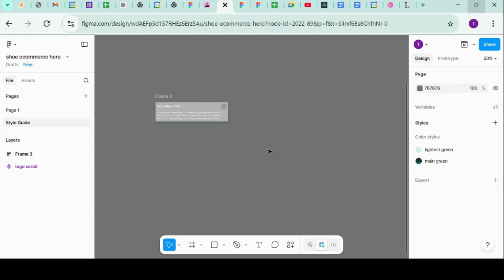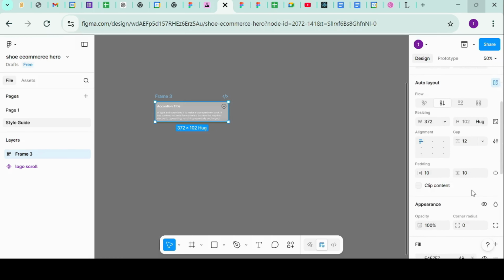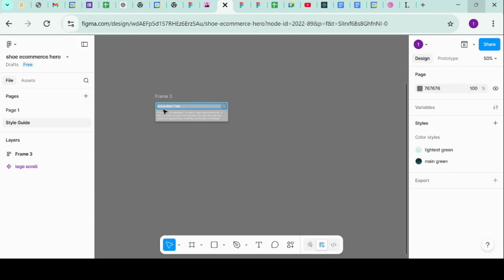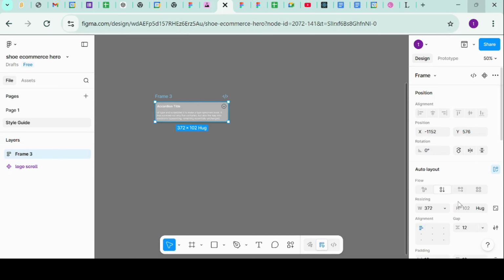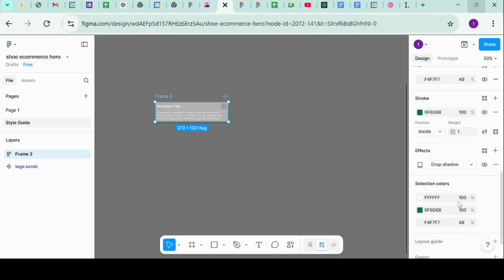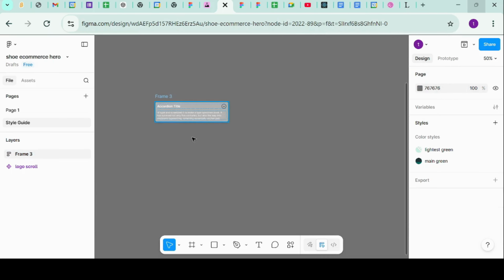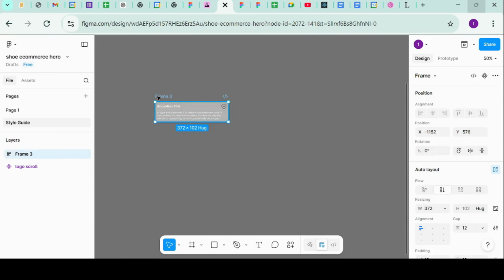Okay, looks a bit better. But then let me just add corner radius of, let's say, 7. Okay, yep, so it looks like what I want, I guess. Okay, looks okay. So after doing this, I'll just go ahead,